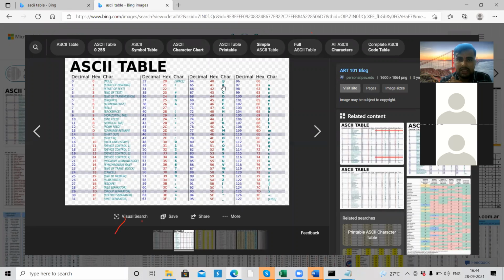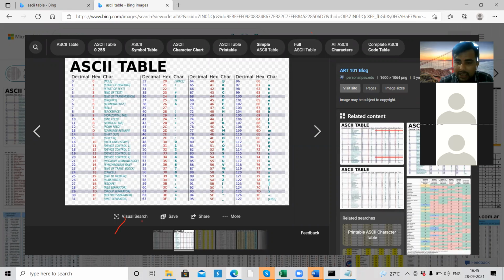It's not that they will ask randomly; in the interview also they are not going to ask you the ASCII value randomly. So just remember that from 65 to 90 you get the uppercase characters A to Z, and lowercase a to z starts from 97 and goes until 122. These are the ASCII values that are going to be added.